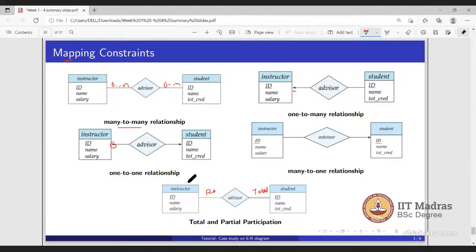The instructor entity's participation in the relationship advisor is partial participation, and the student's participation is total, meaning every student entity must be present in the relationship advisor.